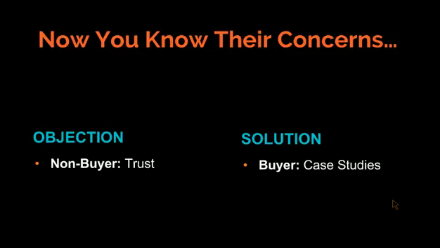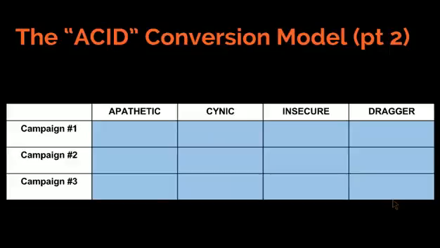Brainstorm possible solutions to these concerns below. Remember, it's never about arguing with your customer. Ever. Arguing with your customer is a fool's errand. You need to show them why their concern isn't a concern without directly telling them that. Do that on this slide. We're going to come up with campaigns, and I'm going to be giving you campaign examples as well as life cycle content mapping templates that you can use to convert these people.